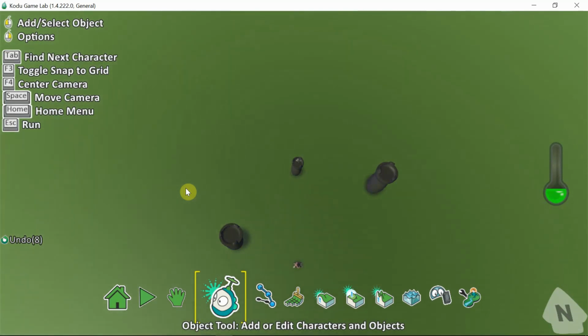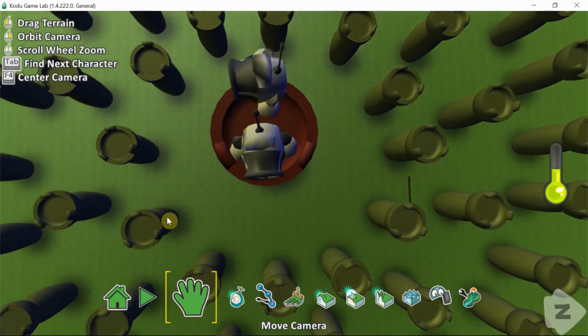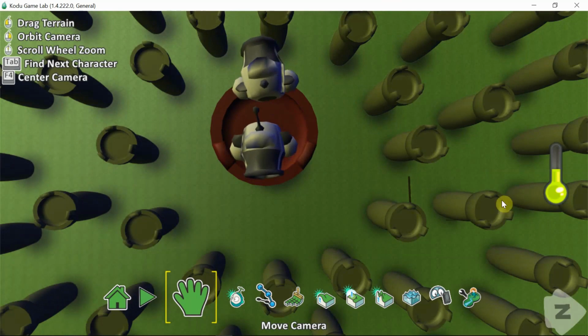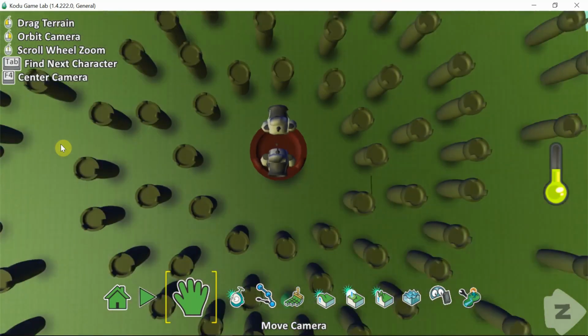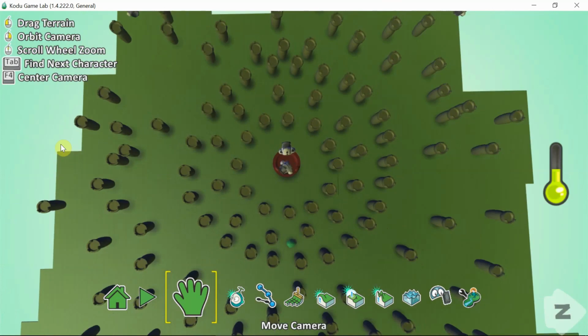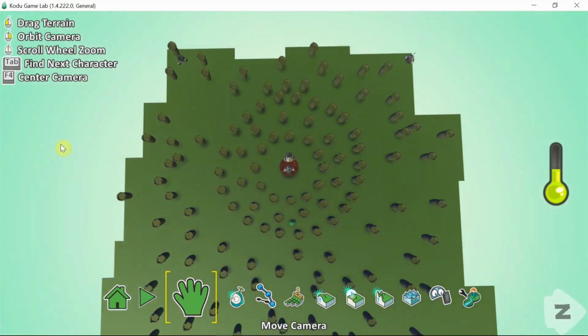So if you add all these things, how would the game look like? Let's have a look. So here you can see there are two cannons on the castle and so many castles around. Let me give you a view of the setup.